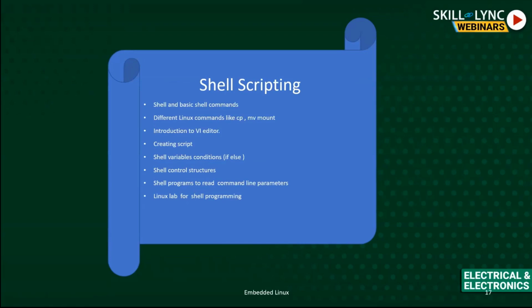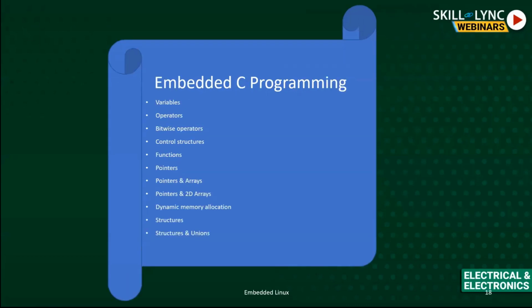About shell scripting, we should understand the very basic commands of Linux and some basic shell scripting, where we should also know some basic if-else conditions, how control flow works, and some kind of automation using some of the inbuilt tools using shell scripting. Next one is embedded C, where in general we should have a very basic understanding of variables, operators, bitwise operators, control flows, function pointers,